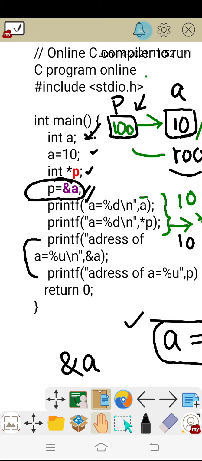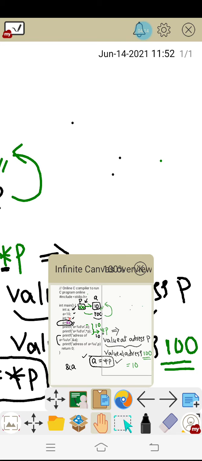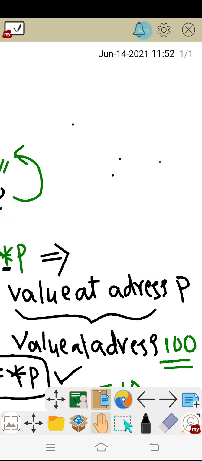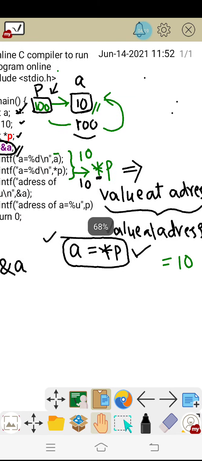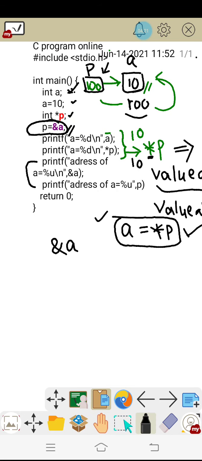So either I can use this notation to print the address, or I can also print it as p. So whether you mention it as p or as ampersand a, both are going to print the same address, that is 100, onto the screen. Okay.